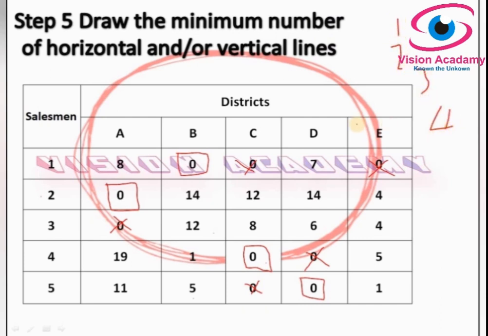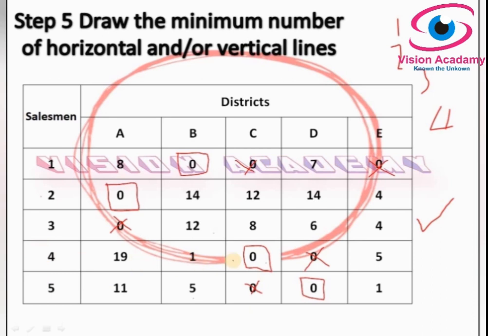Now I have broadly explained these steps in the earlier lectures. In this lecture I will brief it. So what does step number 5.1 say? Tick mark the rows in which assignment has not been made. Look at the first row, yes, assignment is made. The second row also has an assignment. In the third row, assignment is not made. Yes, tick mark that row.